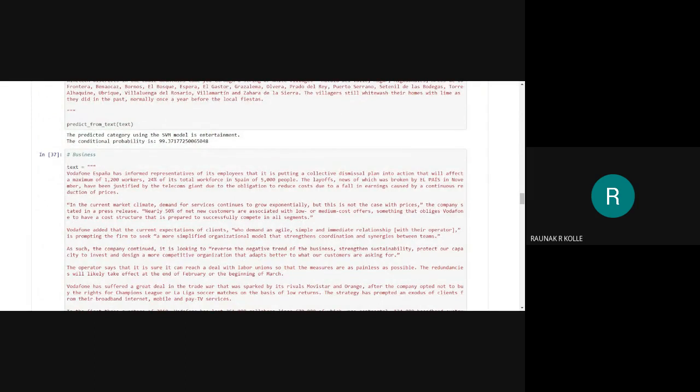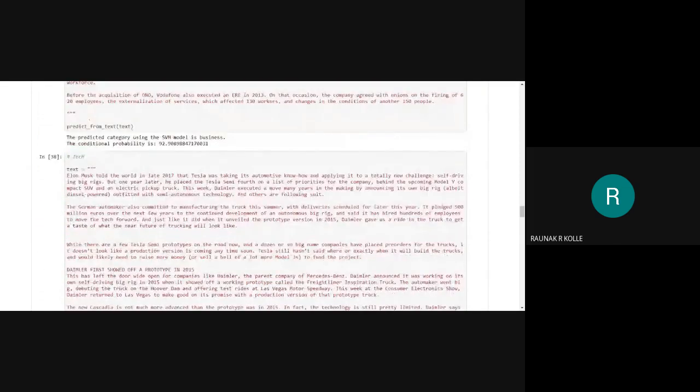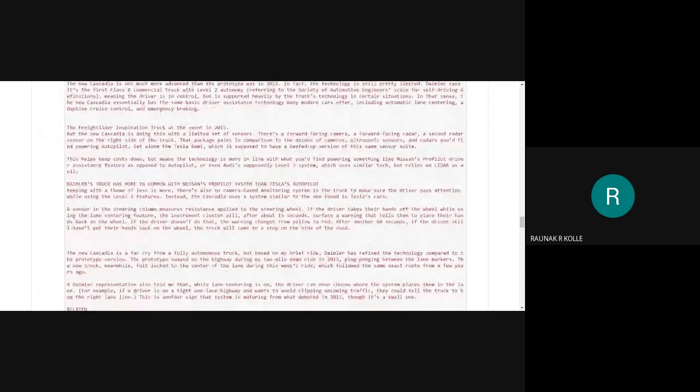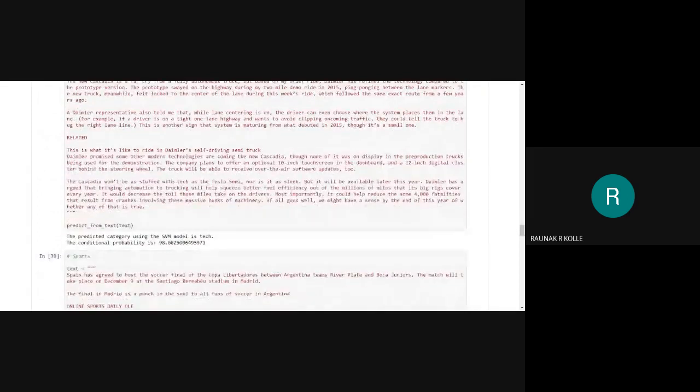Then there's an article belonging to the business category, which is predicted correctly using the SVM model, and its conditional probability is 92.9%. We have an article on the technological category, which is predicted with an accuracy of 98.08%.